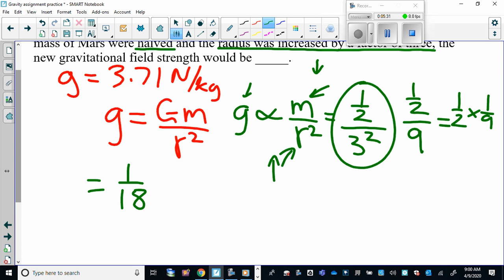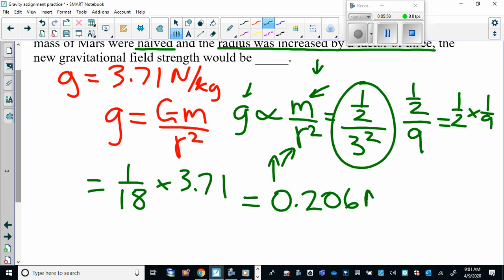1 over 18. So that is the factor by which the gravitational field strength has changed. In other words, it's 1/18 of the original. So then we just multiply that number by the original field strength, 3.71 times 1/18, or just divide by 18. It's going to be small, and we get 0.206